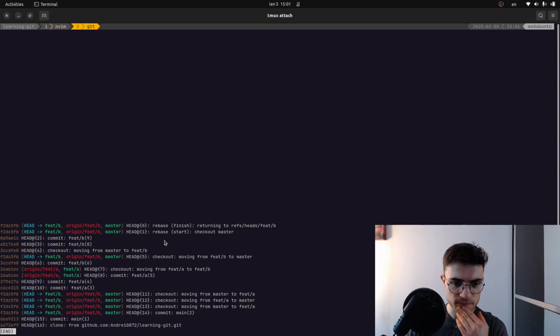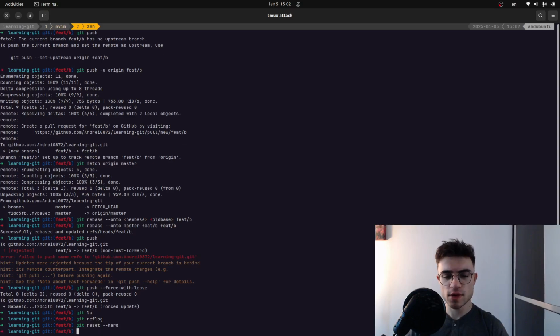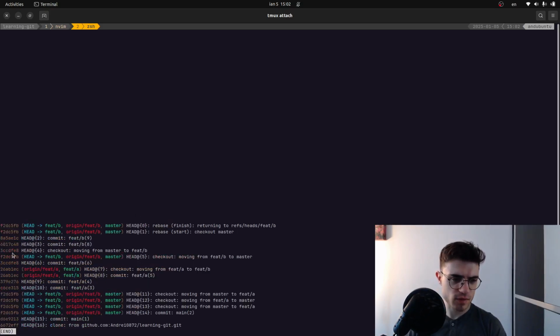So if we want to go back to this step, git checkout, git reset, set hard. For some reason in Tmux it doesn't work to copy the text by using the mouse. So for that I'm going to have to memorize the hash a bit. So it would be